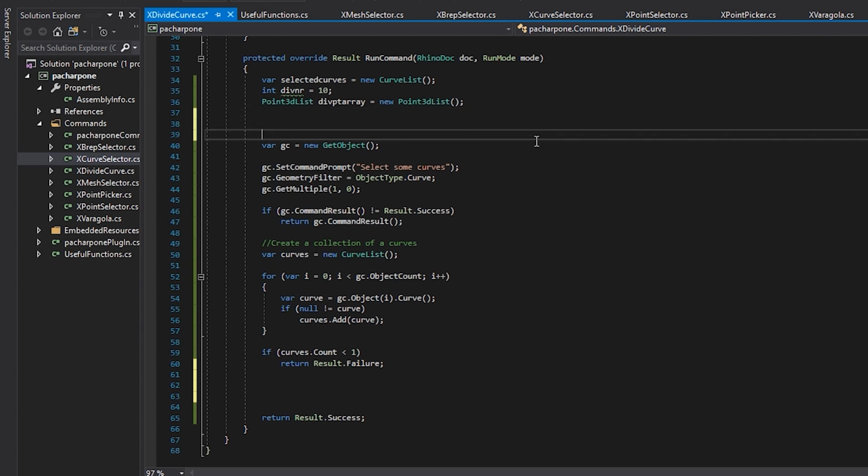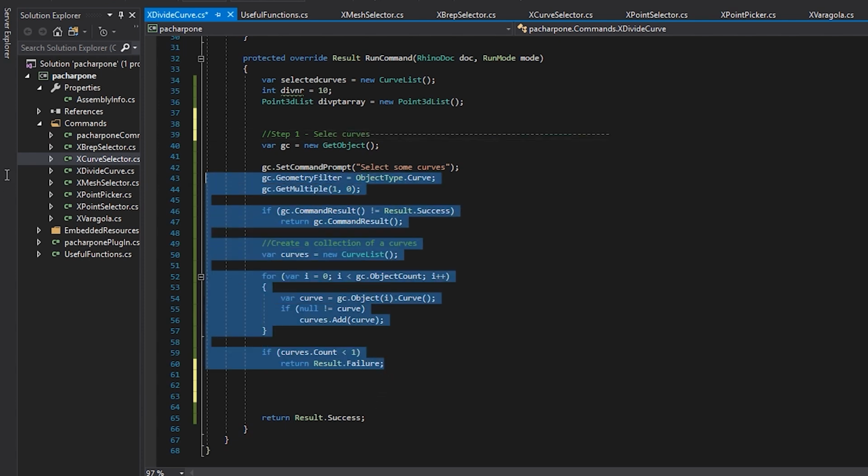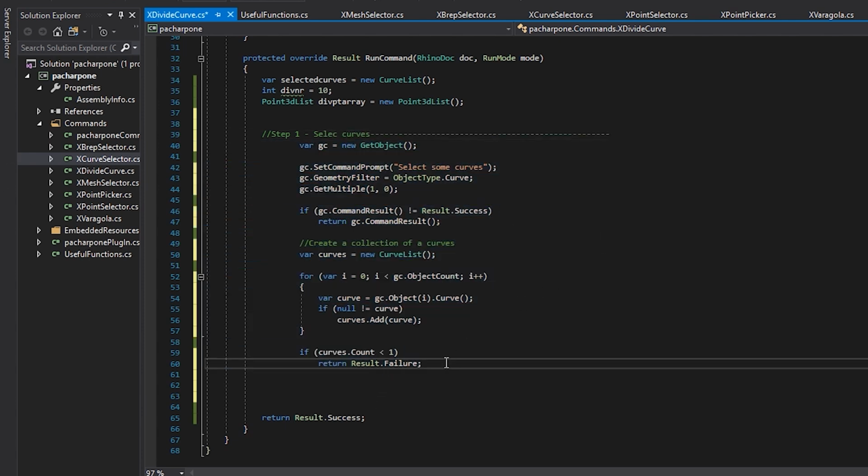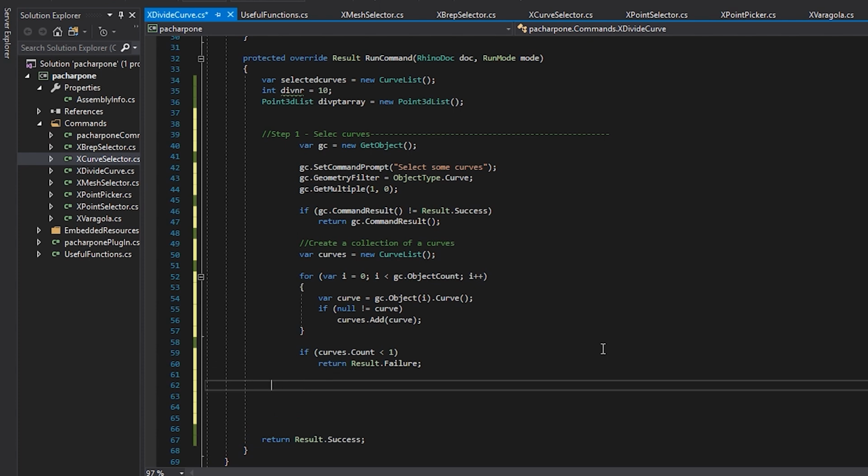So let's comment this a little bit. Let's say this is step 1, select curves, right? And you can indent this just a little bit. Then we can say that step 2 should be divide curves. And